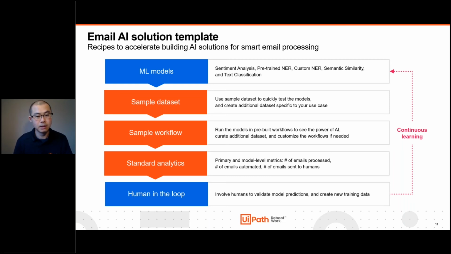And so this is something that can be extremely beneficial to customers. And you can imagine, especially in sectors like banking or insurance, they get hundreds of thousands of emails that they have to process each year. And with something like an email AI solution, you have the ability to go and automate a good deal of that. And this can yield significant business benefit and operational benefit to these companies.